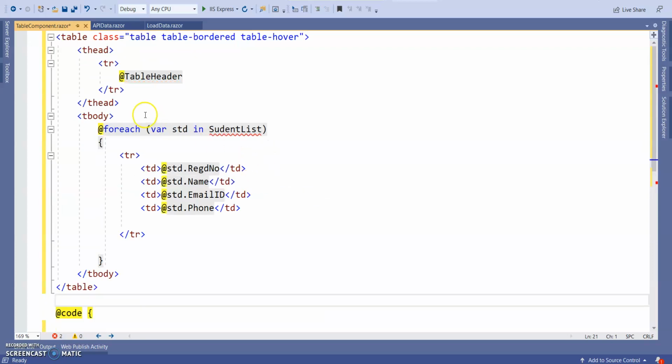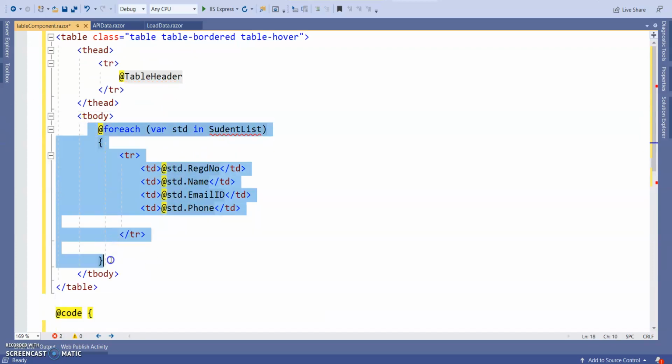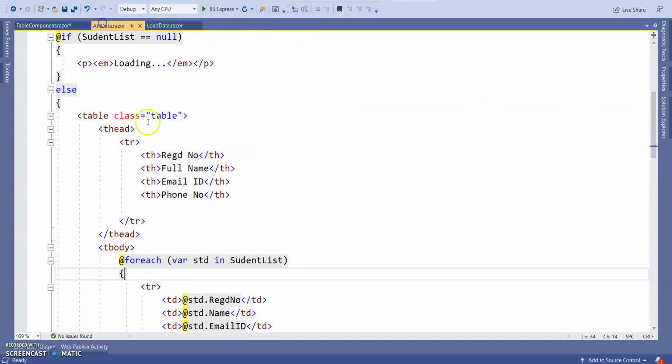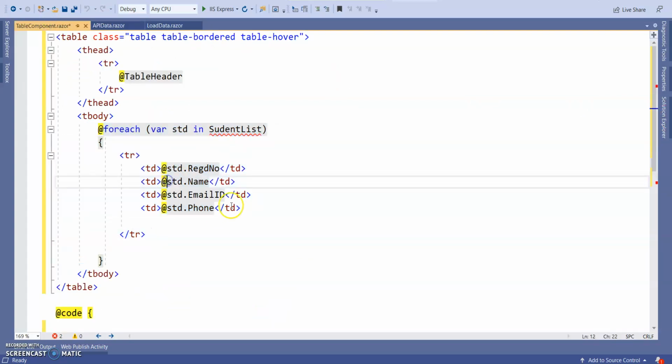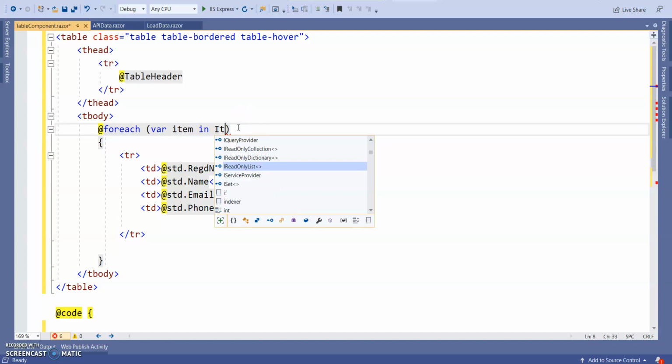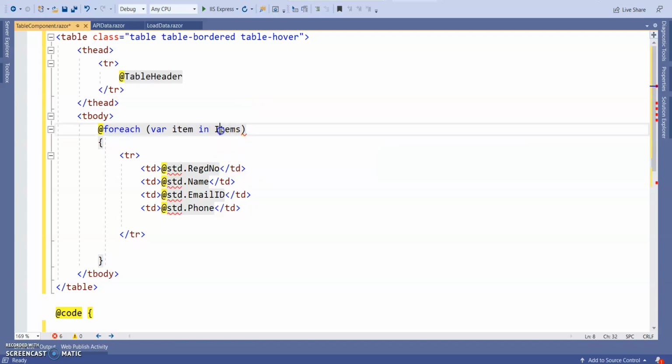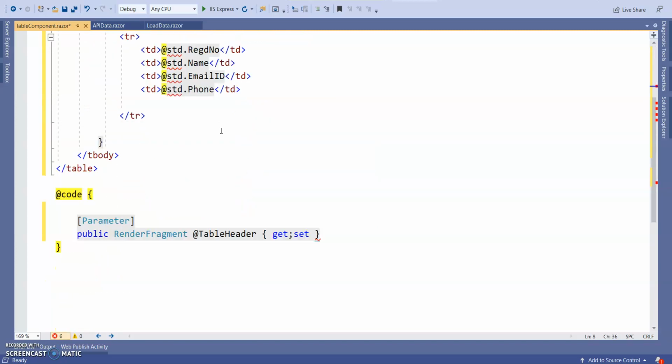Next, this data will come from the calling page like this load data page or API data page. So here let's give this as a list. So I'm giving item from the items. So I need to declare this item as a generic list.